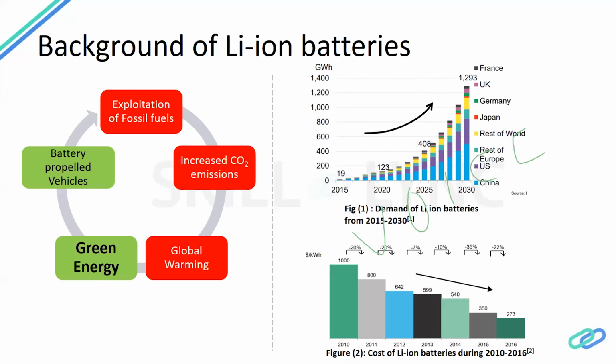Now the problem with hydrogen fuel cells is the combustion of the hydrogen. Hydrogen is so explosive that it can burst your car like an atom bomb. Natural gas again has its own emissions. So for the moment the best option available to us is battery propelled vehicles, right? We can use lithium ion batteries to propel our vehicles, convert it into electrical energy, and use that electrical energy to drive a motor which is already present in the car.